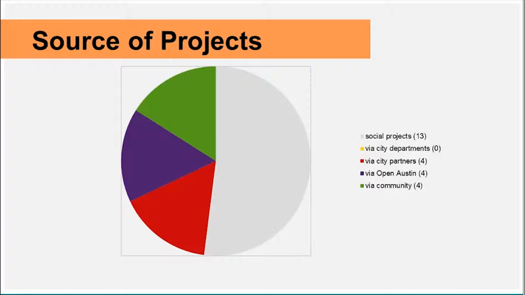Another thing we tried is reaching out to our community. We set up a GitHub repository. If you go to the Open Austin GitHub repo, you'll see a Hackathon Ideas project. And we invited people to submit projects there. Just a simple text file, 1 per project. We opened up a comments thread. And then we had a meeting in advance of the hackathon where we asked people to discuss the projects. And as a group, Claire and her team identified 3 slots for Open Austin to fill. We actually came in with 4 projects via this mechanism.